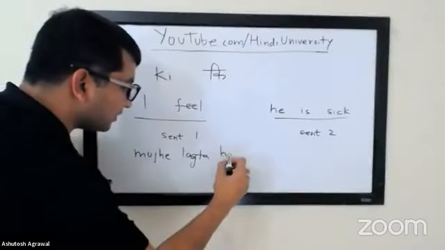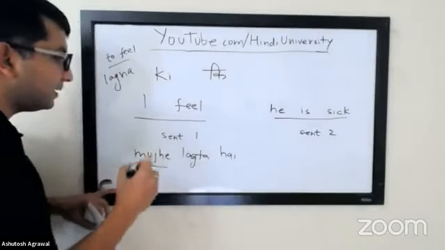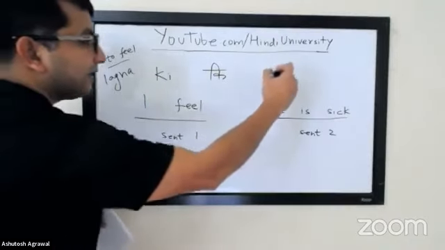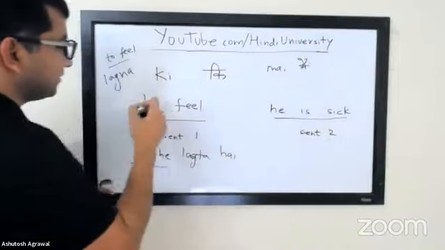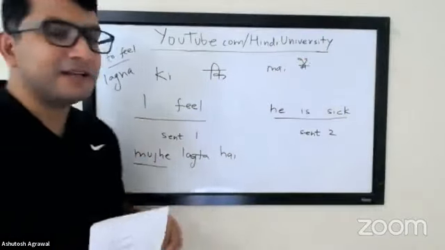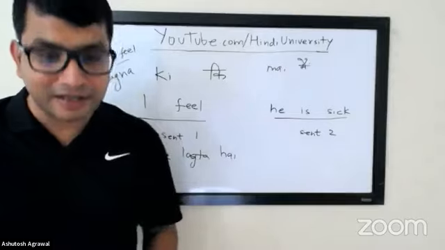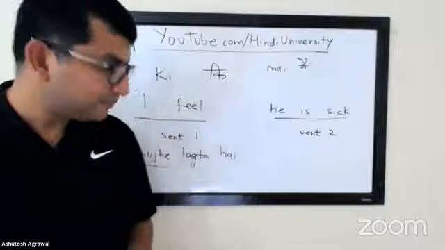You want to give a summary of why you came up with mujhe, because I is मैं, and the most common thing anybody would think is, why am I not saying I is मैं and then feel is लगता है. So why would you not say मैं लगता है? Well, in English we could also say, to me it feels like that. So it's something that's coming to me. Because lagna is something that attaches, so it has to be something that's attaching to me.